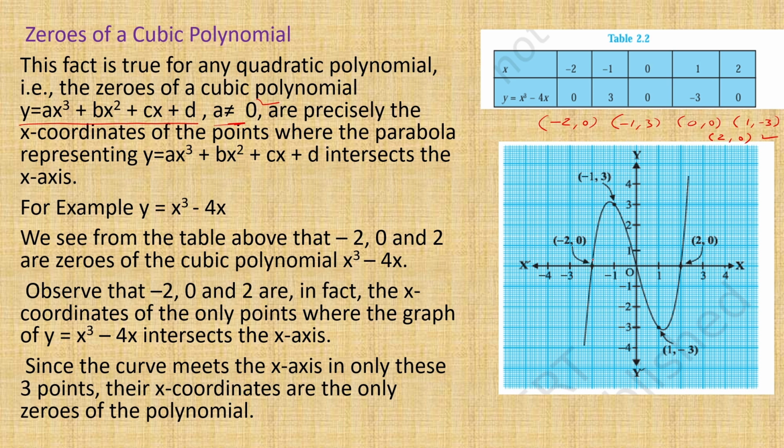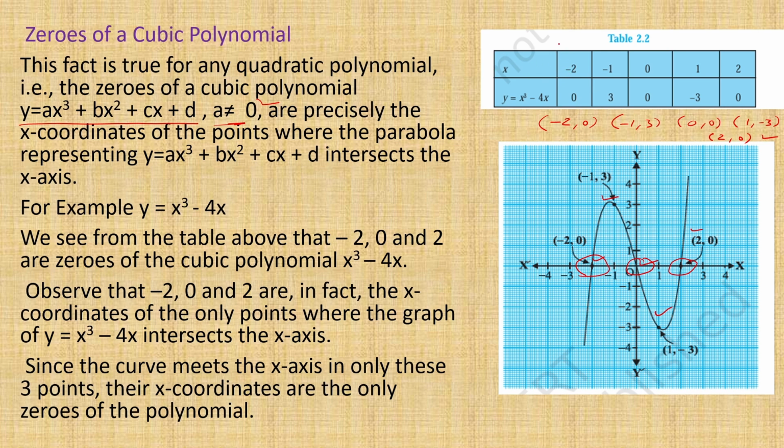So by substituting all these values, we get the points minus 2 comma 0, minus 1 comma 3, 0 comma 0, 1 comma minus 3 and 2 comma 0. By combining all these, we get the graphical representation like this. And from the graph we observe that it touches the x-axis at minus 2 comma 0, 0 comma 0 and 2 comma 0. And from the table also we take